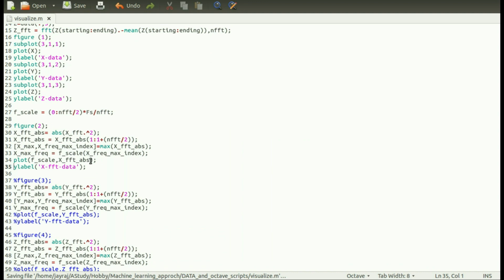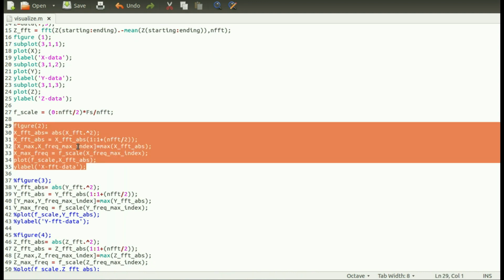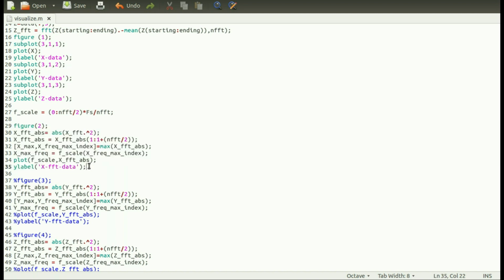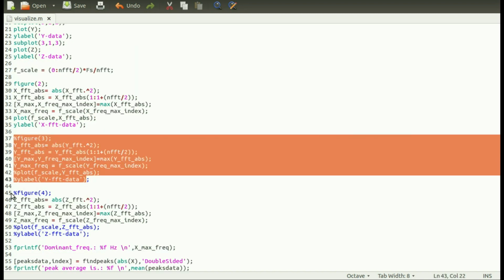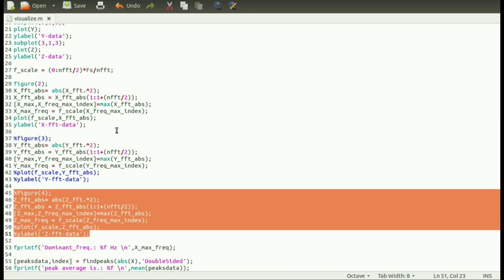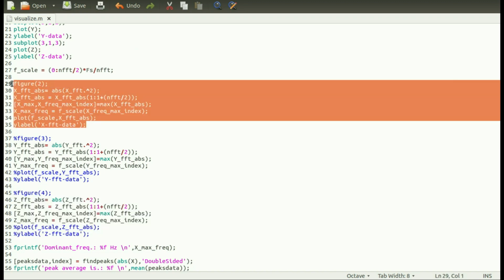x FFT, and this is the code for computing the FFT. I encourage you to go through this code and run it on your PC and look at what it is doing. The max part will compute the dominant frequency. Similar code is there for y and z, but that's not of our interest right now, so let's just look at the x-axis.